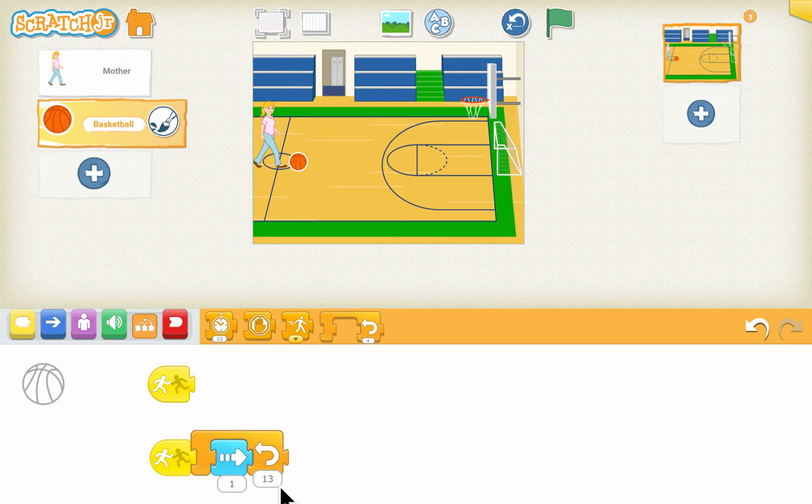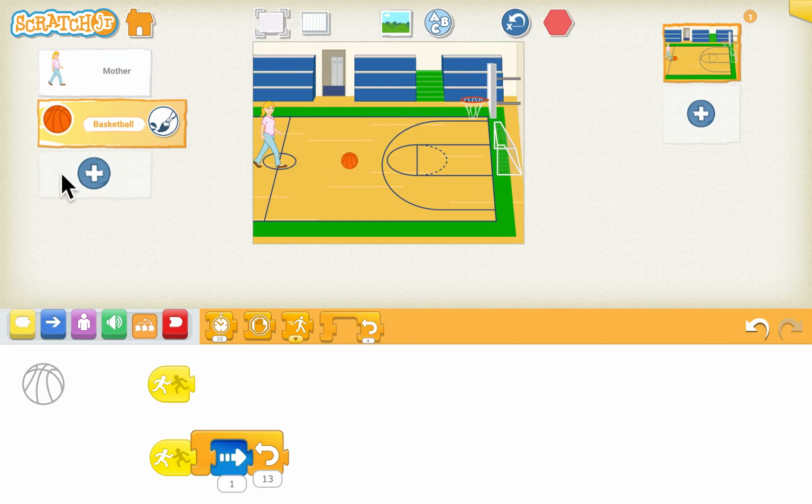So we will put 13 here. We could have put 13 here as well, but we are using the loops to do the program. Now we will design the other motion for the block, and that is we want it to rotate and move up and keep on rotating and then move down when it hits the basket.